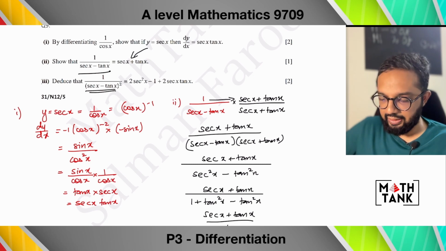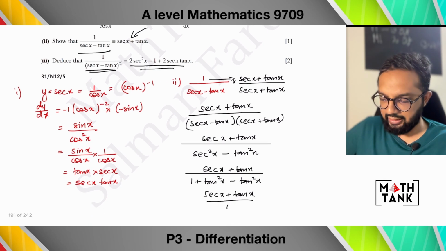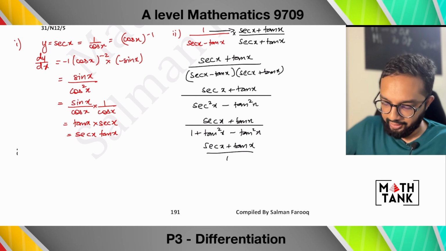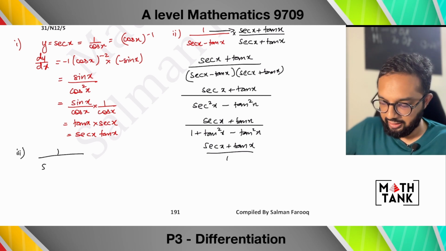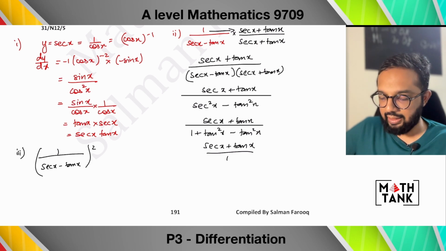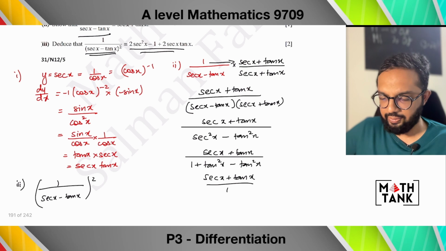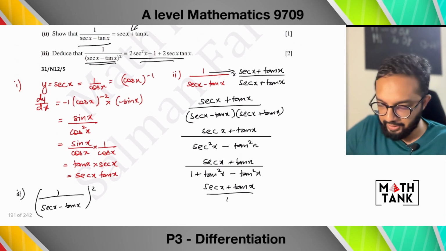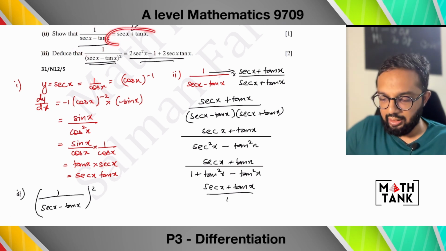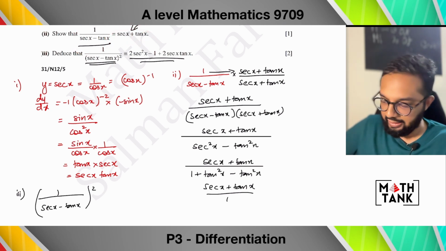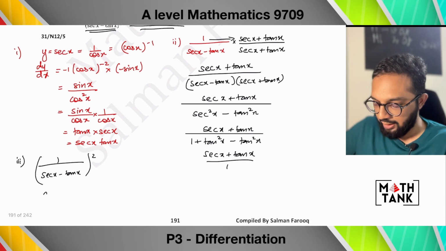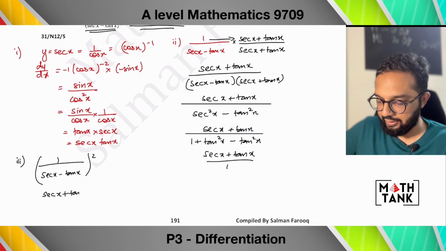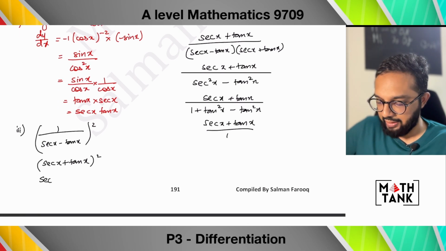The third part says deduce that this is equal to that. I think that's also relatively simple. 1 over sec x minus tan x. There's a square, so why don't I say that this is a whole square? We can square the 1 as well. I just proved to you in the previous part that this denominator can be written as a numerator, so this should become sec x plus tan x whole square. When it becomes that, I expand it,